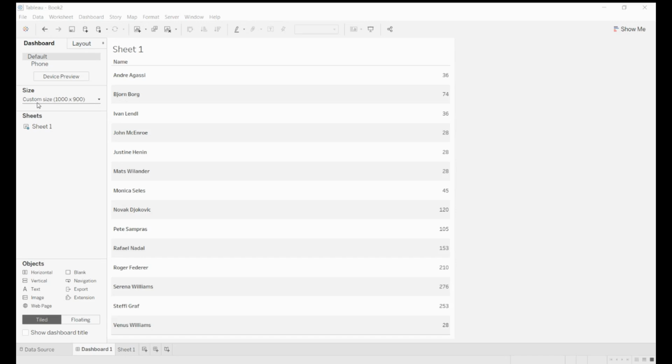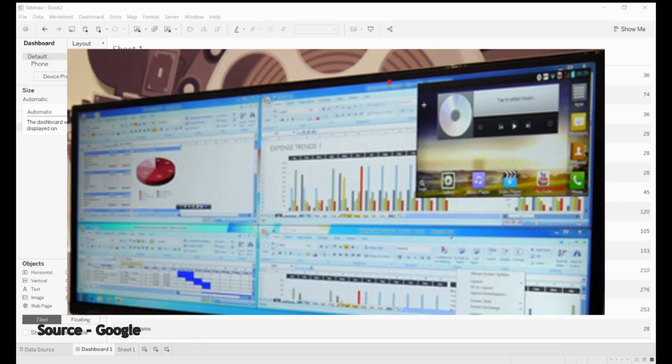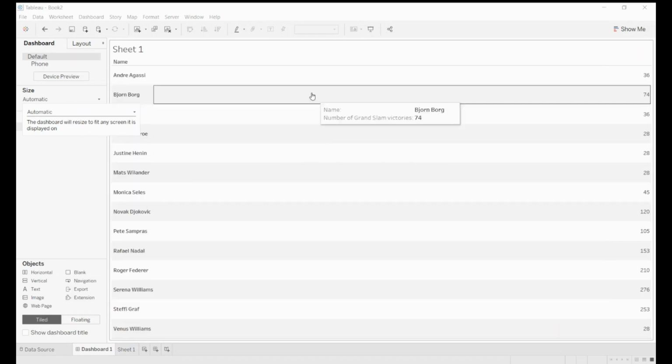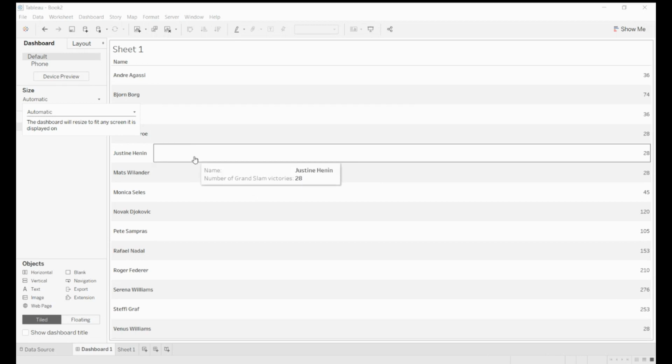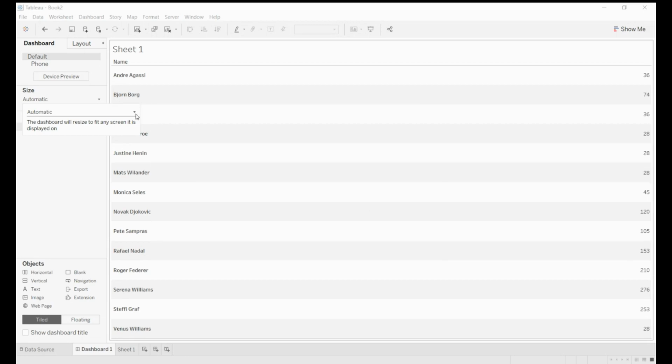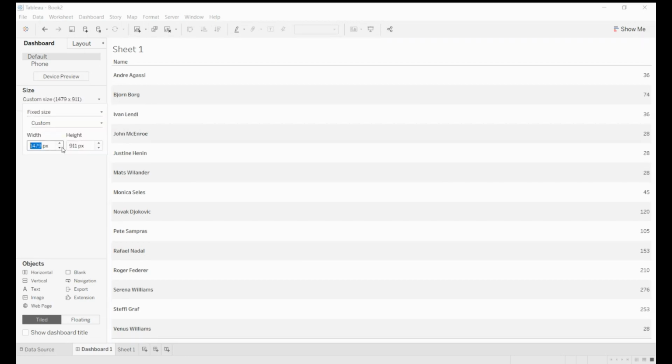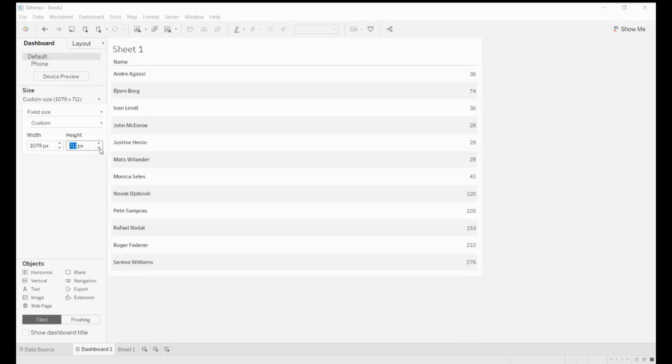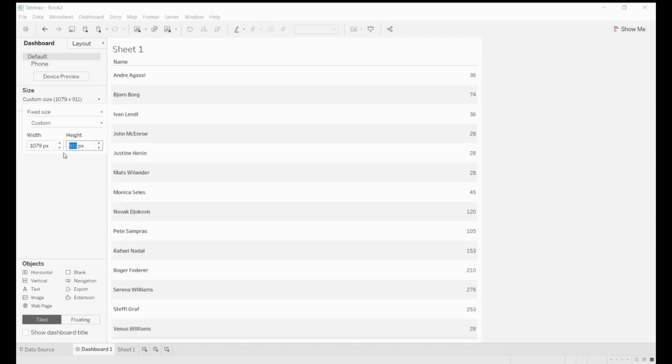So the first tip is you should always use fixed rather than automatic. The reason is nowadays people use different screen sizes, and if you make it automatic and a person is using an ultra wide monitor or something ultra wide screen, the dashboard looks weird. The other thing that also comes into factor is you can hard code the layout, and in this way whichever screen size is there, it will always show up the same size and with fewer errors.